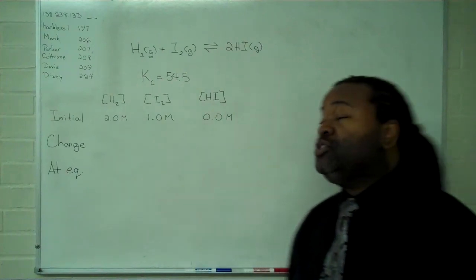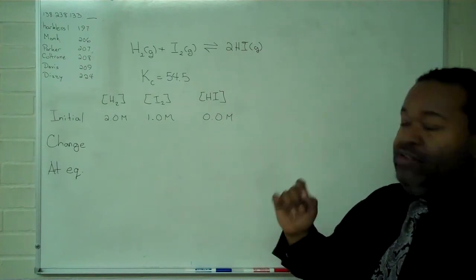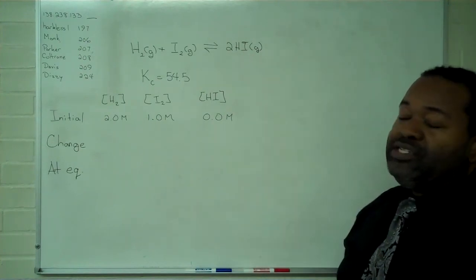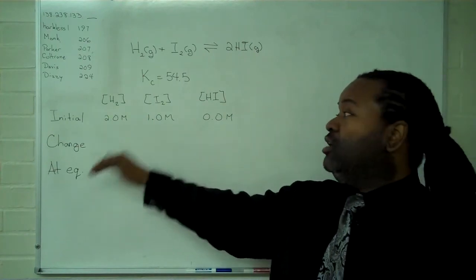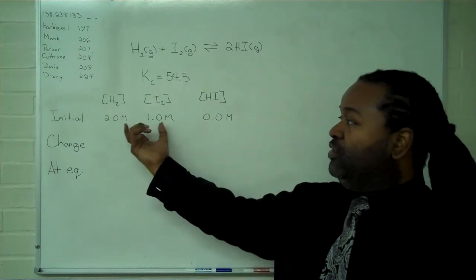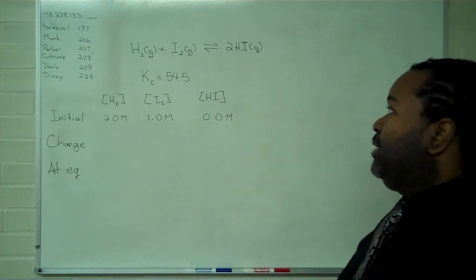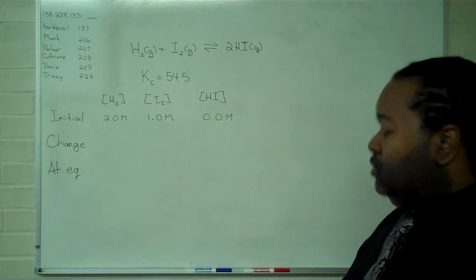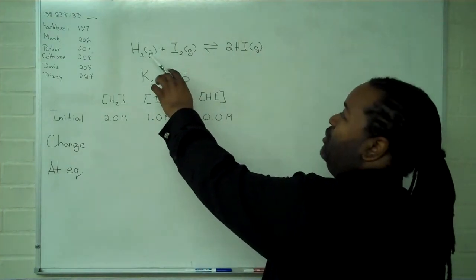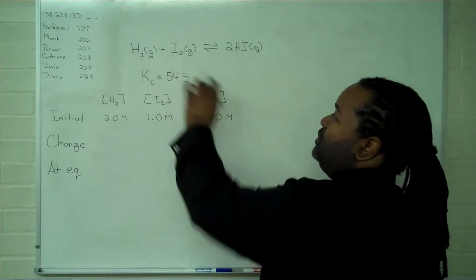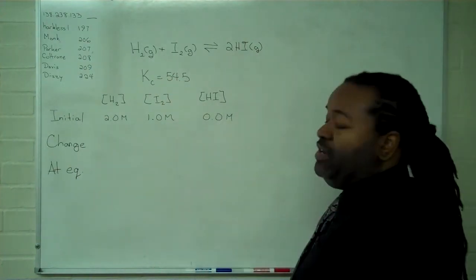This instructional video will demonstrate how to use the equilibrium constant value for a given reaction to determine equilibrium concentrations of reactants and products when you're given initial concentrations of reactants. Now, the reactants themselves will stoichiometrically react. So for every 1 mole of the hydrogen and iodine that gets consumed, 2 moles of hydrogen iodide